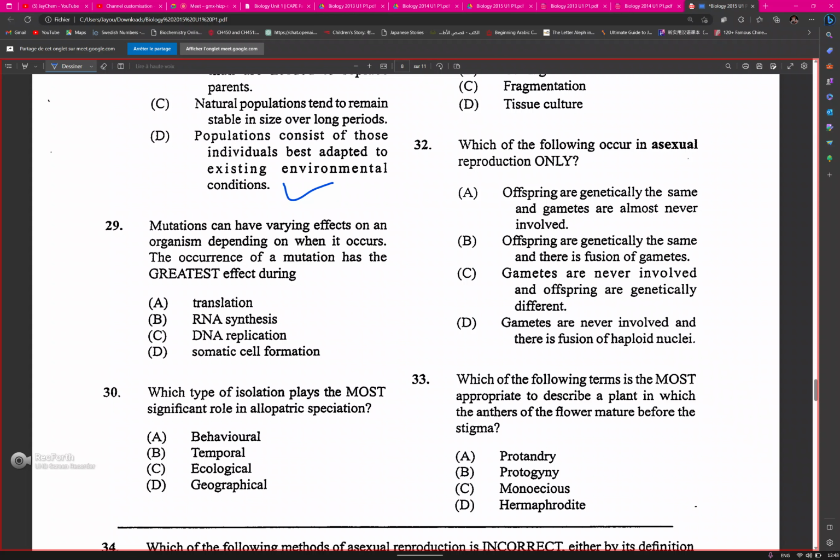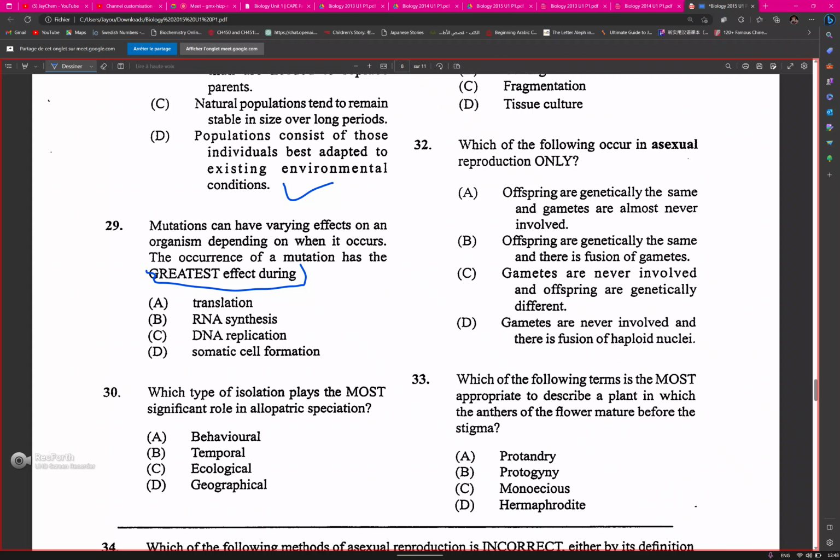29. Mutations can have varying effects on the organism depending on when it occurs. The occurrence of a mutation has the greatest effect during C. DNA replication. I think it's A. Is the greatest effect. DNA. Okay, mutations won't generally have any effect if